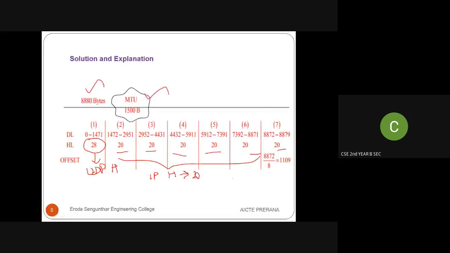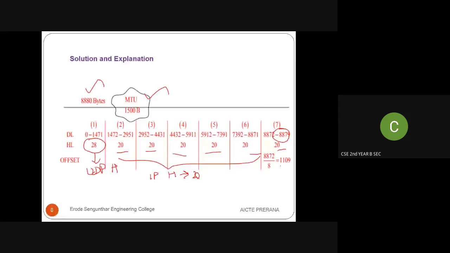Okay, so based upon this incrementation of 20 20 20, we'll be having the value, right? So 0 to 7, the offset value finally we are calculating as 8872. That is the final value we are obtaining. So here I am marking that: 8872 divided by 8. So we are getting the value as